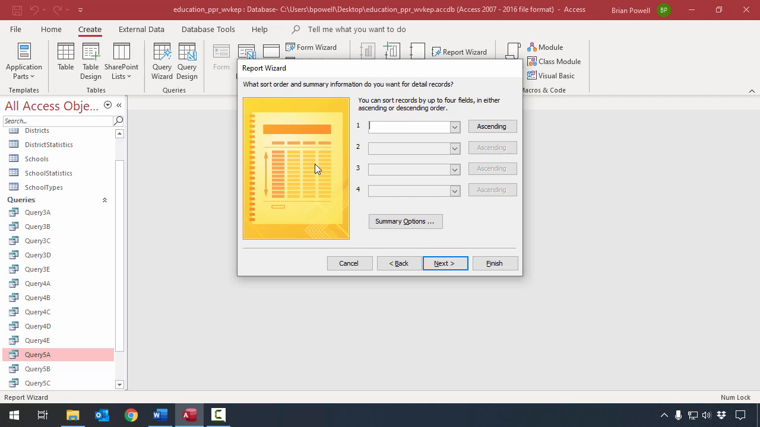next. And here we want to specify our sort order. I'm going to sort by school name, and then I'm going to sort here by school year, and we want both of these to be sorted in ascending order. So I'm going to leave these listed as ascending. If I want to do descending again, I could just click on the button to toggle, but ascending is good. We'll go to the next step,